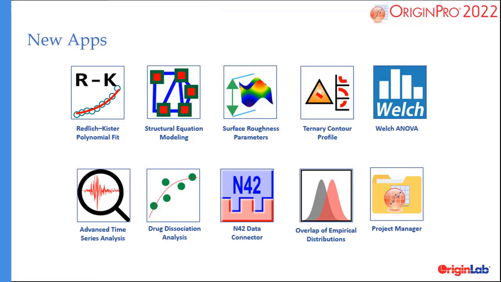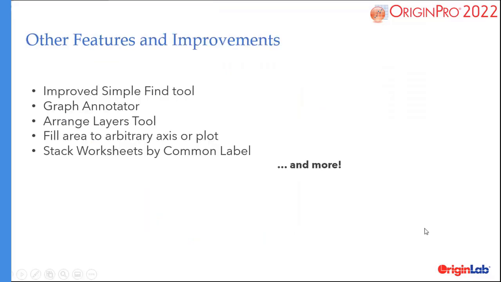There is Welch and Nova, ternary contour profile, surface roughness parameters, structural equation modeling, customized polynomial fit, advanced time series analysis, drug dissociation analysis, overlap of empirical distribution, and project manager. There are several other small features and improvements, such as improved simplifying find tool, graph annotator, a tool to arrange layers, fill area to arbitrary axes and plots like we saw earlier, stack worksheets by common label, and there are several other small features and improvements as well, which you can find by visiting